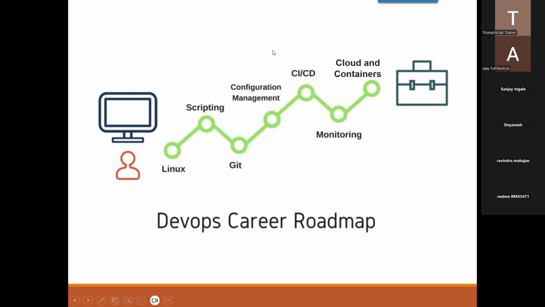So first of all, the person needs to have good Linux basics. Linux basics is a must-have skill for a DevOps engineer, because of security, Windows servers versus Linux servers. When it comes to security, everyone knows Linux servers are more secure. Then all the production servers use Linux servers. And the second thing, Linux servers are open source, so the company doesn't need to pay extra cost for the licenses of those servers.